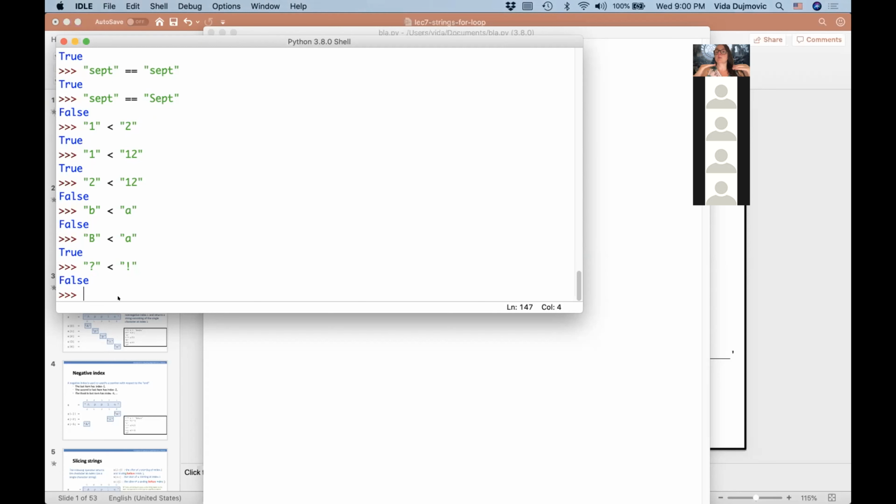You know that A comes before B, B comes before C, and so on. And you know that character 1 should come before character 2, and so on. But why would you know in this partial order whether the question mark comes before the exclamation mark or the other way around?